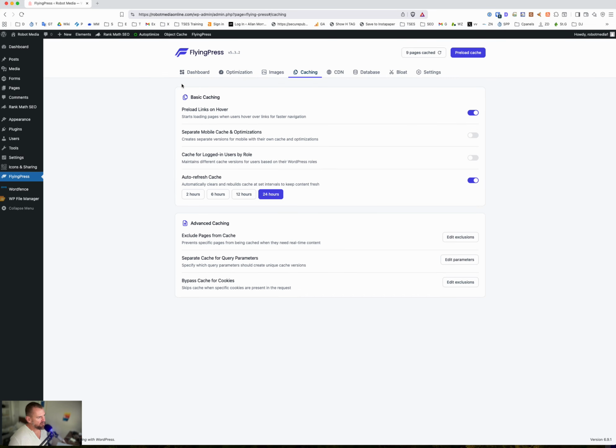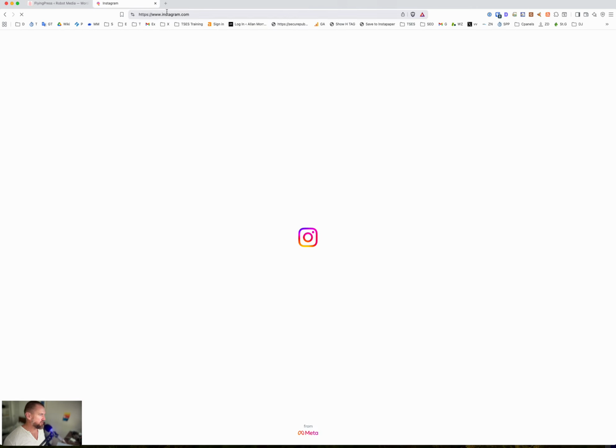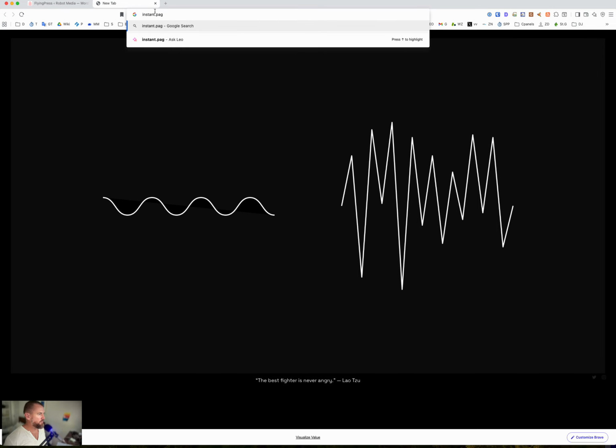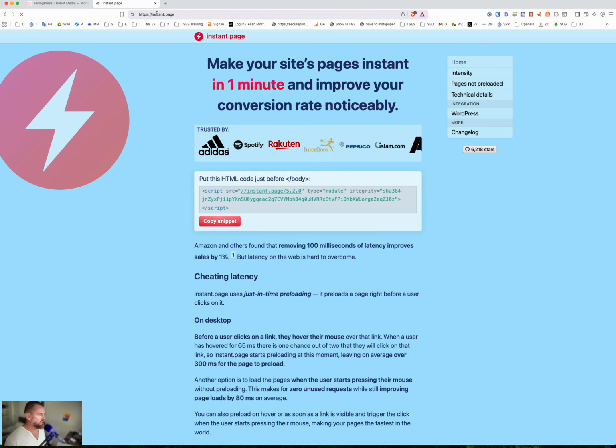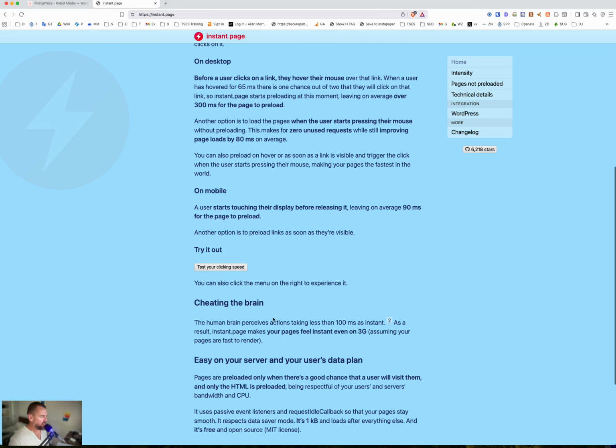Caching. Okay, so let's talk about preloading. This is something called just-in-time preloading, and this site, instant.page, not Instagram, instant.page, is the page we want. This will explain how